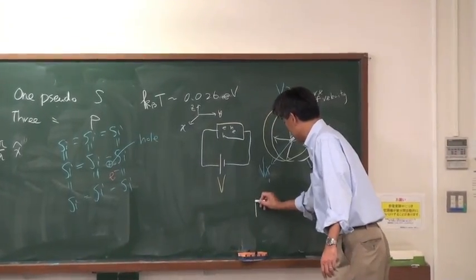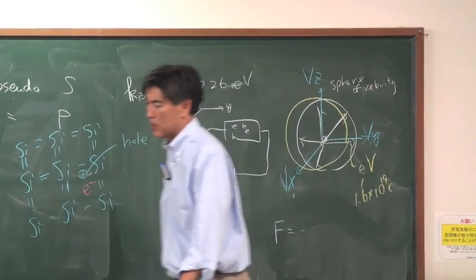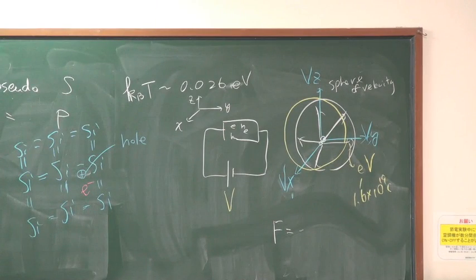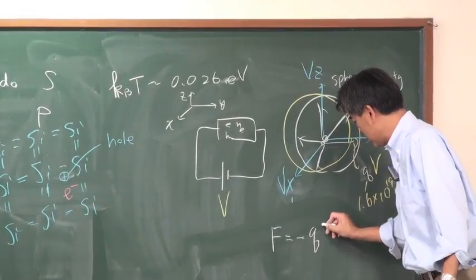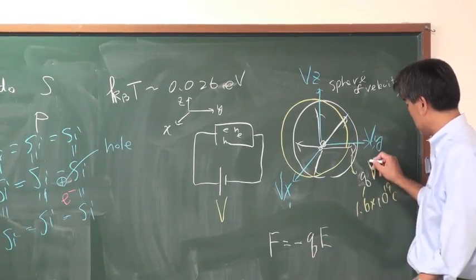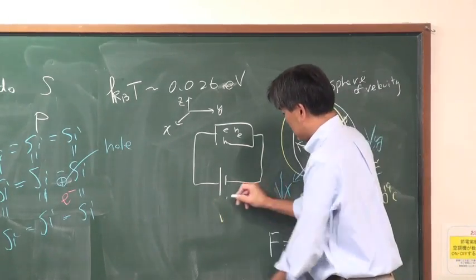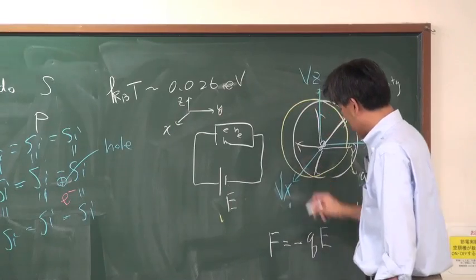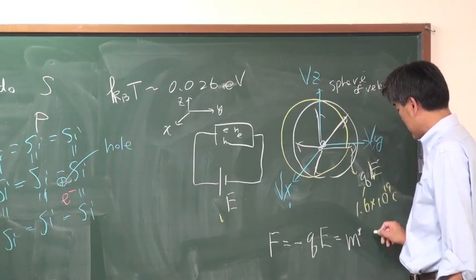I said force is equal to, which notation am I using in the book? The book uses Q, so I should draw this as Q, electron charge Q. Force is minus QE, minus because of the electron charge, where E is the electric field here, and QE equals to the effective mass